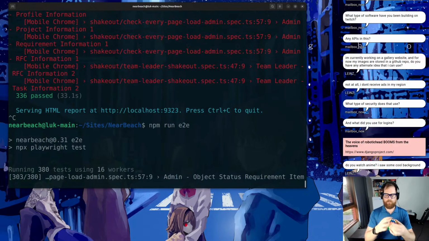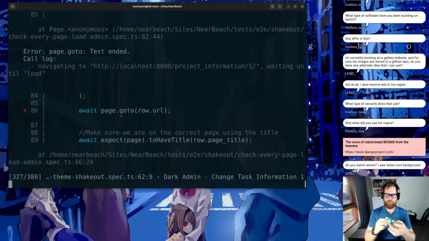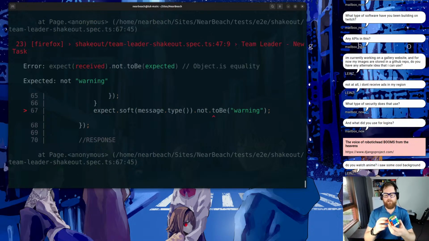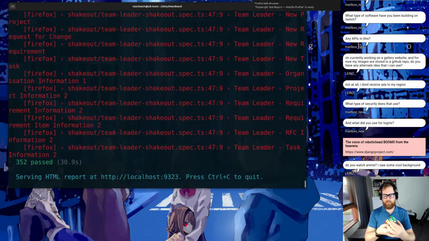All right, I can do this with the cube. And then it gives me, perfect. All right. And then,